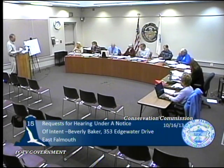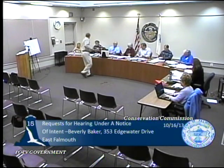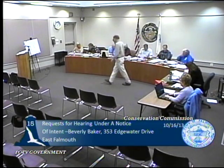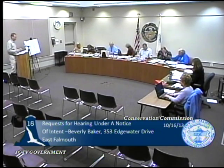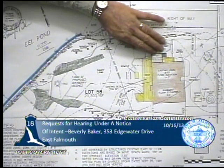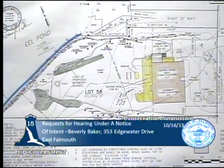I have some pictures and part of the approved site plan done in 1981 by Charlie Spoor. See on that plan, the small deck on the north side of the house was permitted, but not this deck, which was built on the water side of the house. I gave you those pictures there